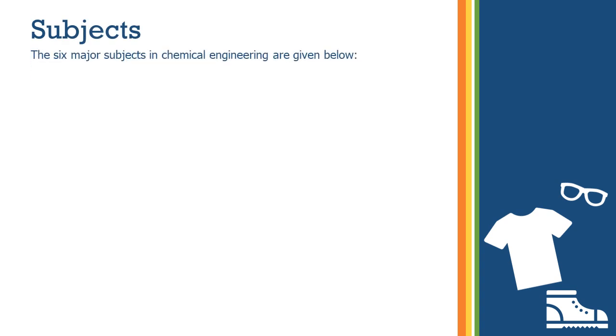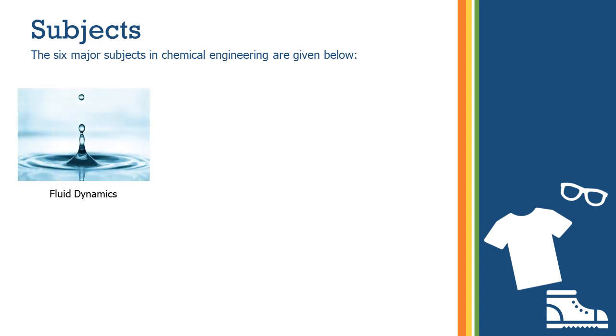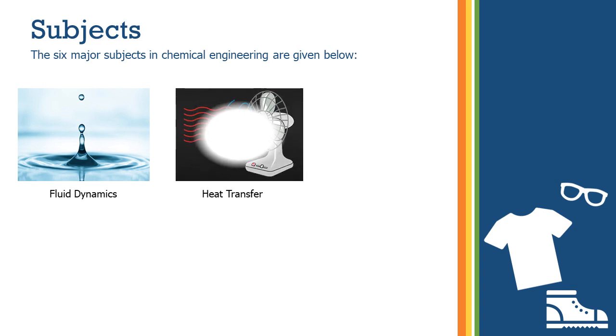And the next question is: what are the major subjects in chemical engineering? The six major subjects in chemical engineering are given below. The first one is fluid dynamics. Basically, in fluid dynamics, we study the characteristics and properties of different types of fluids and do their calculations. The second major subject is heat transfer, in which we study